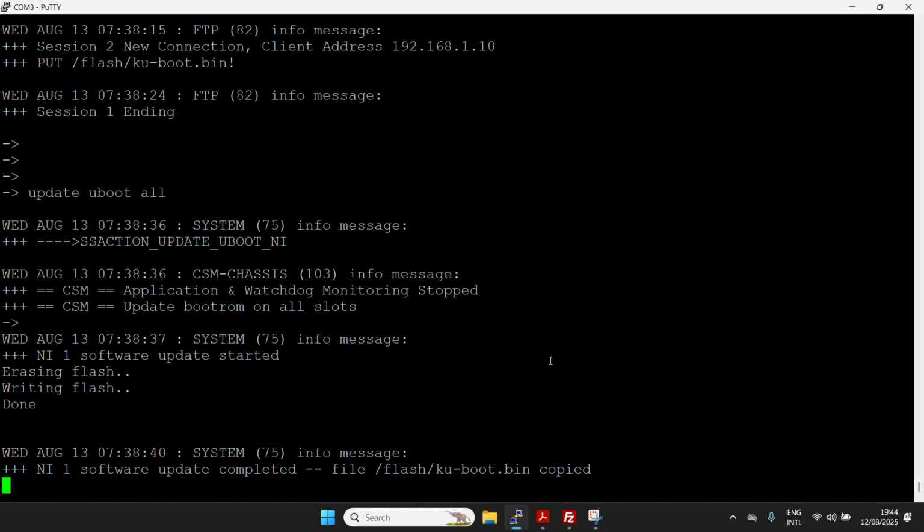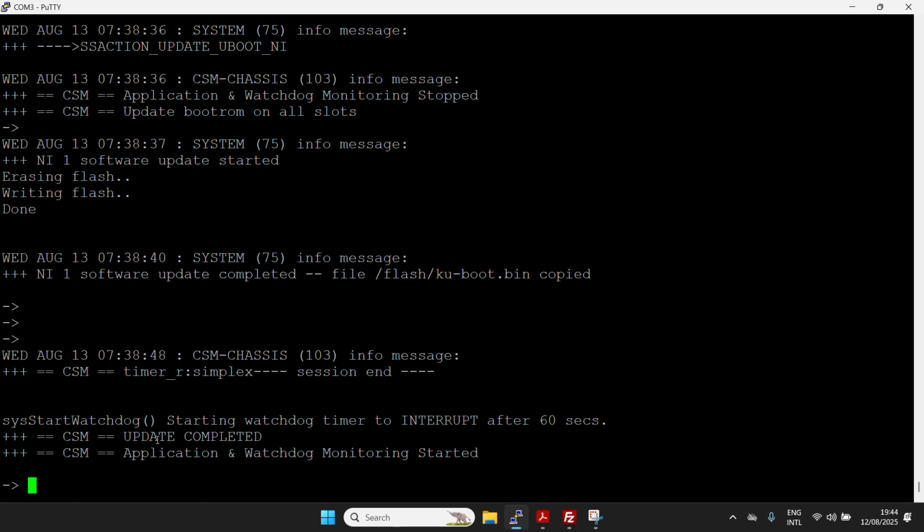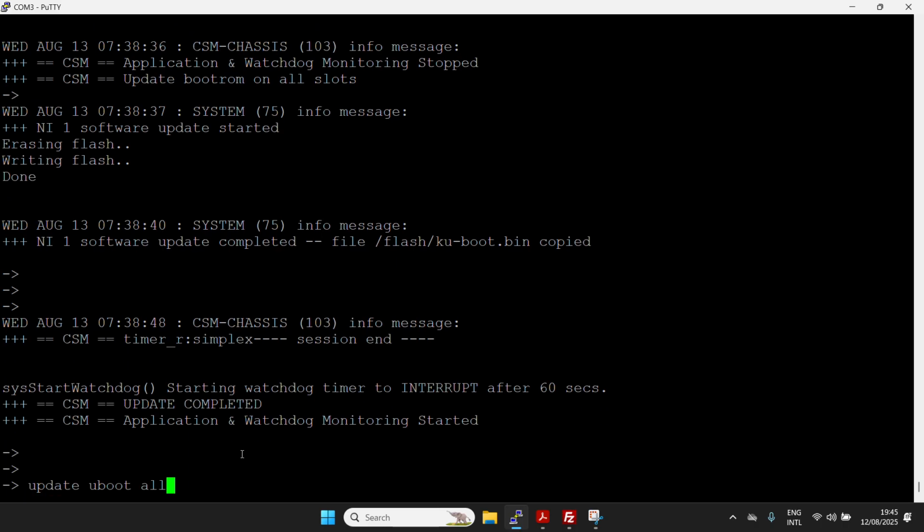So it will erase the flash, it will rewrite the flash, and after that it said done. So it means the U-boot is updated. Update complete. Now we'll have to update